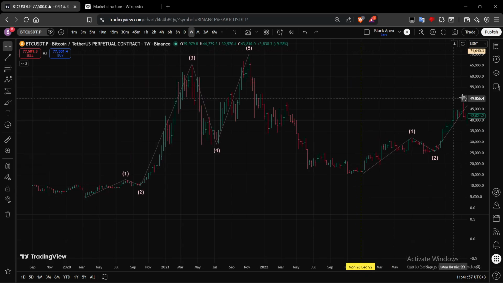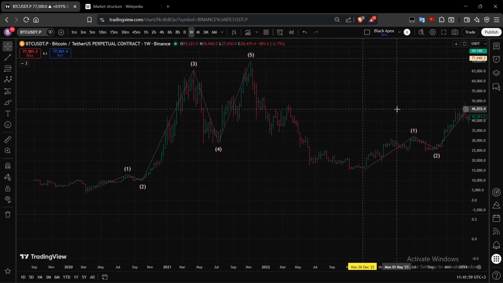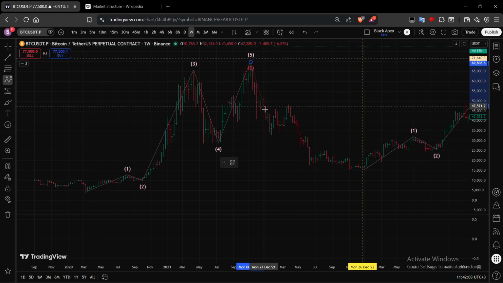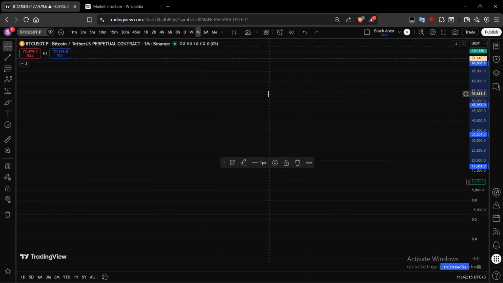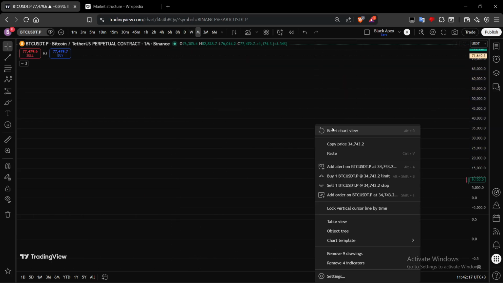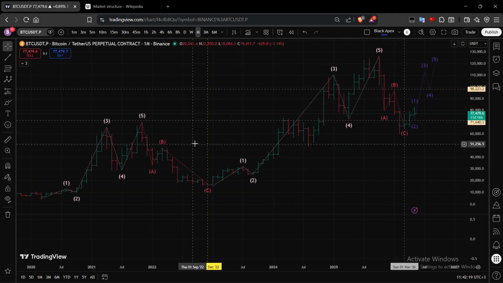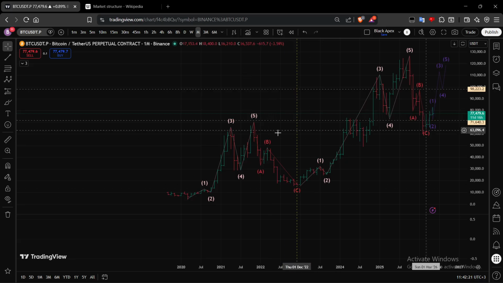The same we have here for the corrective wave, whereby we have wave A, wave B, wave C, and we said before that this corrective wave is a smaller wave two. If you go to a bigger time frame, let's say monthly, we can see that this is a wave two of some sort, and this is a wave one of some sort, and that's why we are saying that